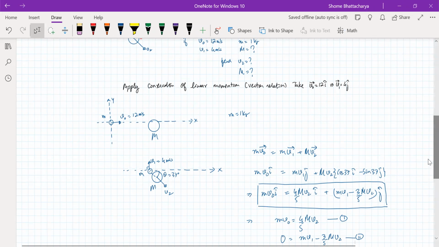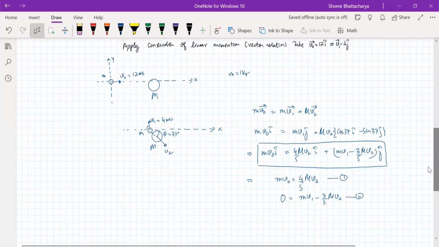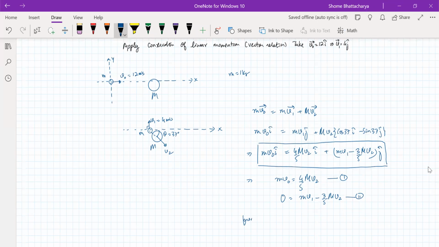So now it is a matter of solving these. From equation 1, we can substitute 12 as 4 by 5 capital M V2. And from equation 2, we can substitute